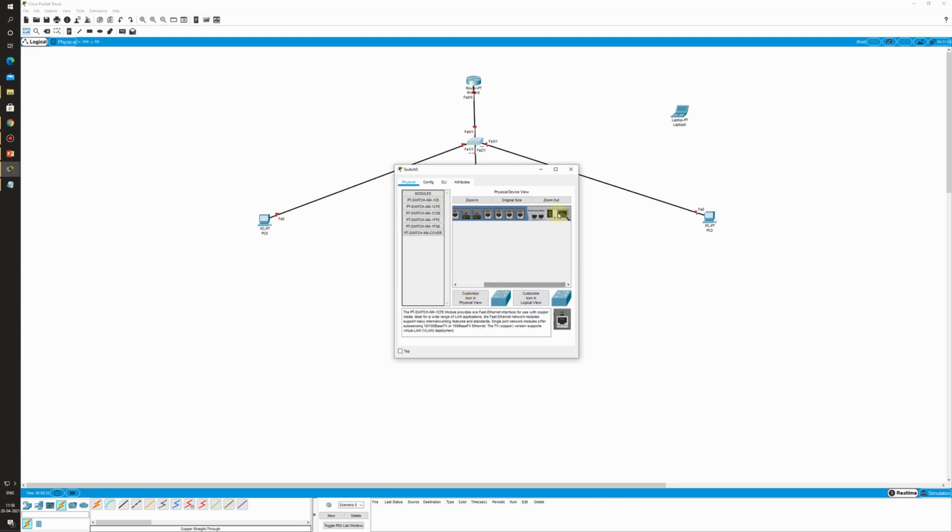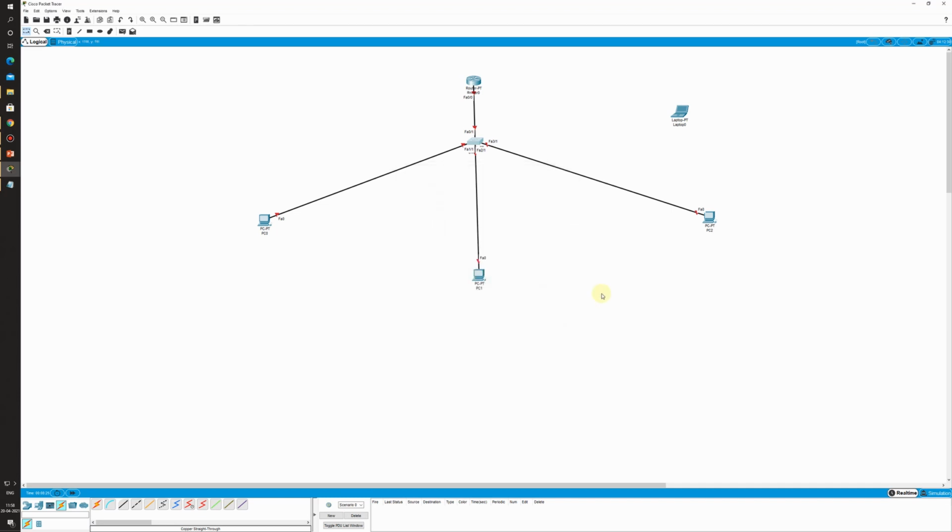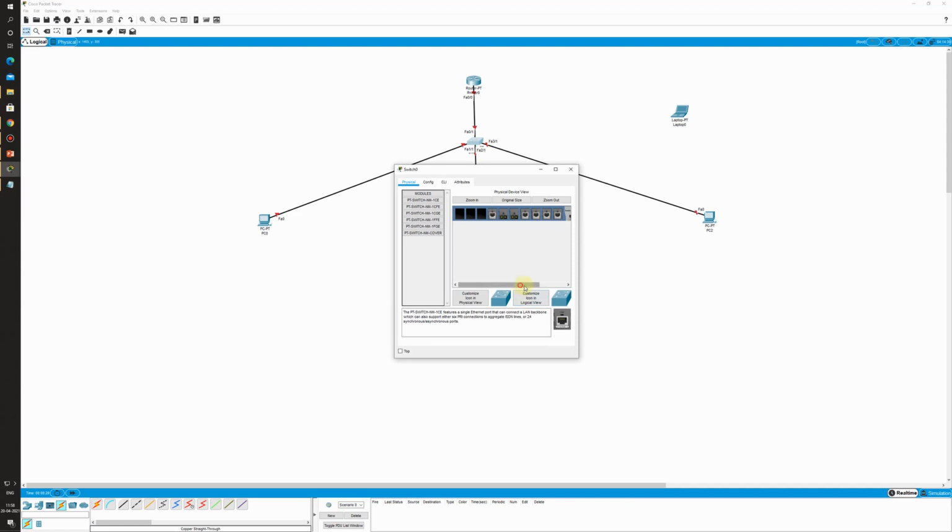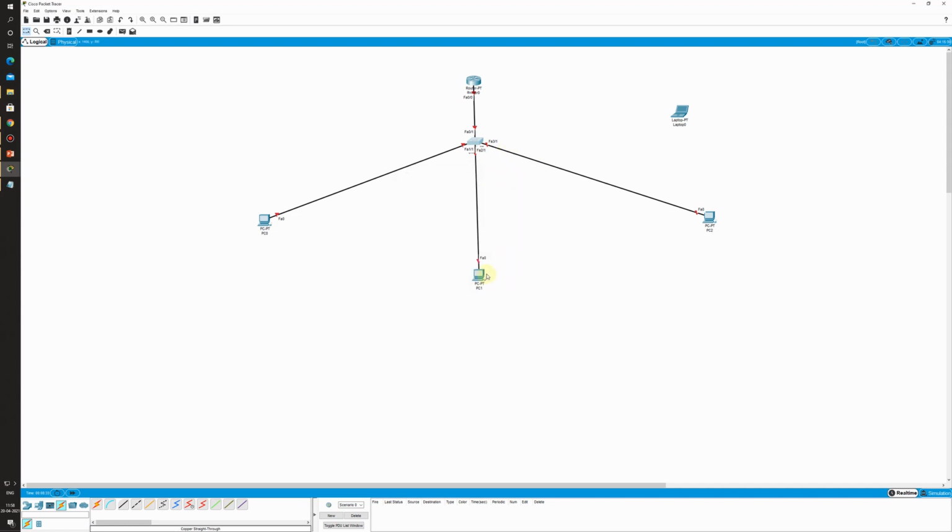So I have done that and turned it on. Let us wait for 2 seconds for the switch to turn on. So here the network is on.